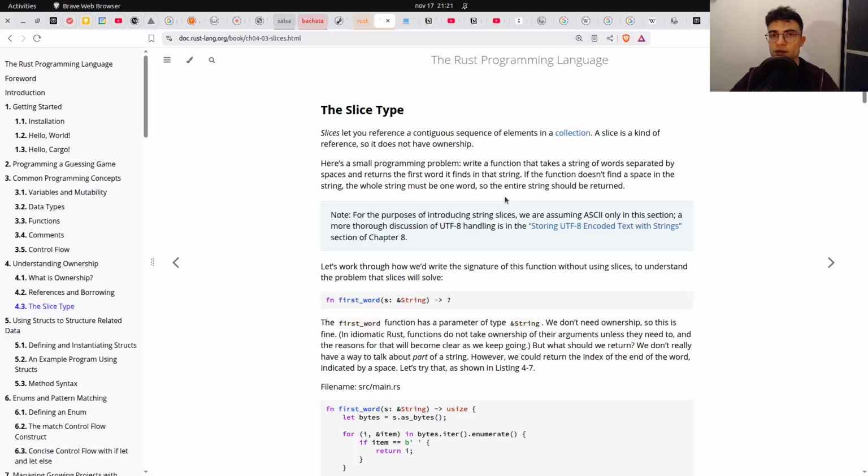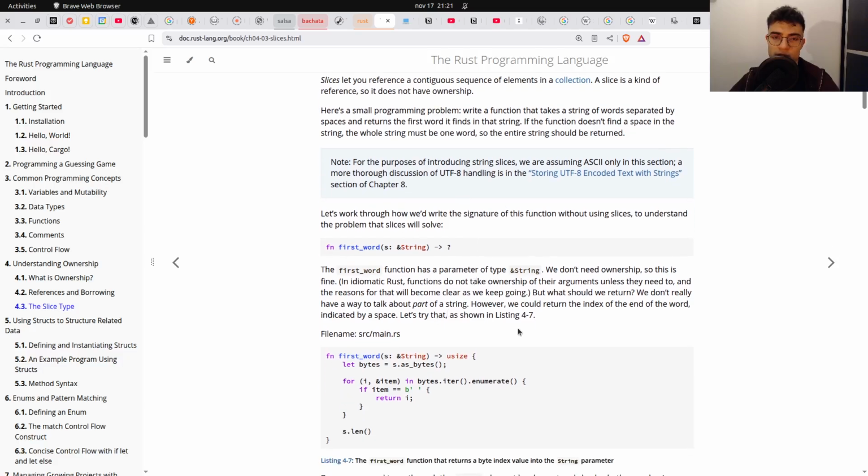As part of my learning journey in Rust, I have encountered this page, which is about the slice type. However, in this video, I don't want to talk about the slice type because I don't know much about it yet. But what I want to do instead is to show you how beautiful it can be to learn adjacent concepts when you try to learn, let's say, a main thing. In this situation, I'm trying to learn the slice type, which, as I said, I don't know much about yet. But as part of this challenge,